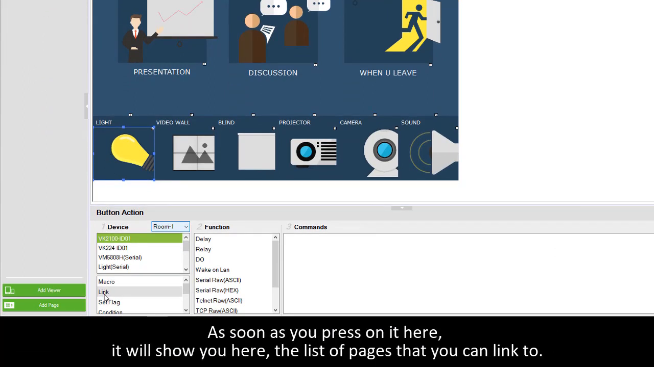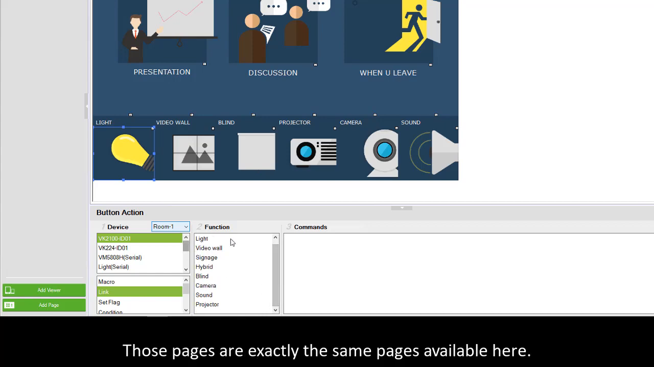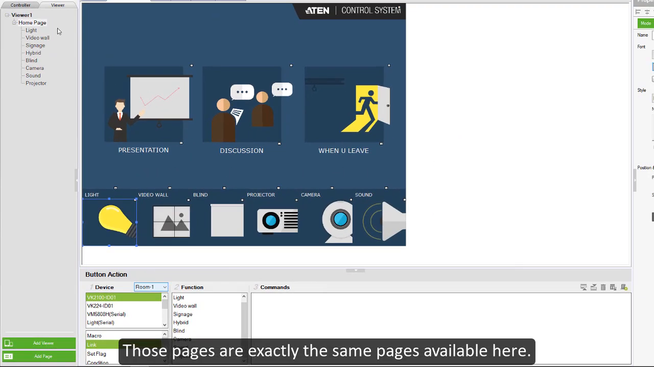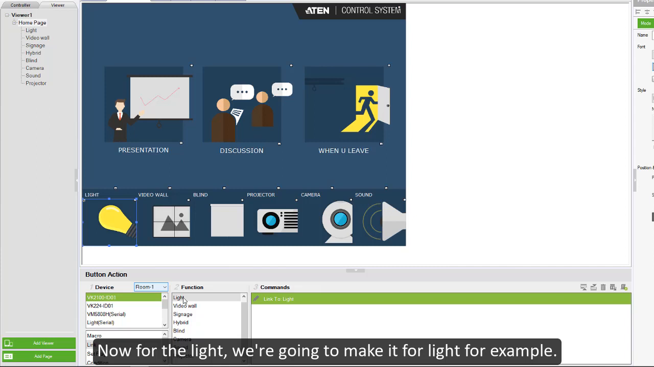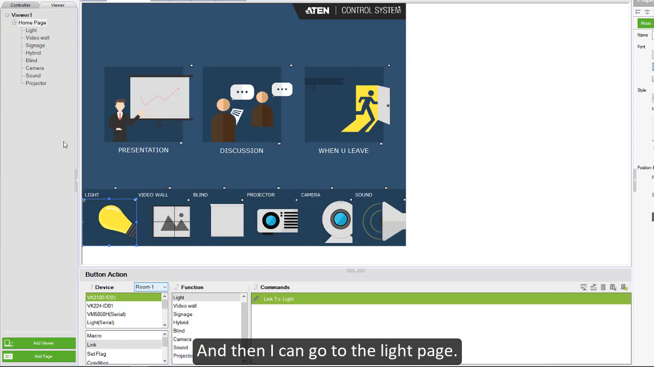As soon as you press on it here, it will show you the list of pages that you can link to. Those pages are exactly the same pages available here, and if you add a page here, it will show in both sides. Now for the light, we are going to link it for light, for example, and then I can go to the light page